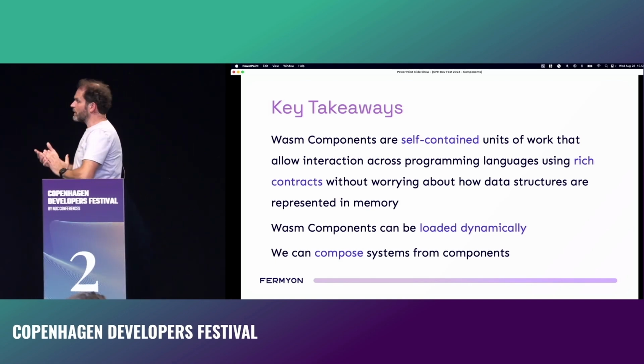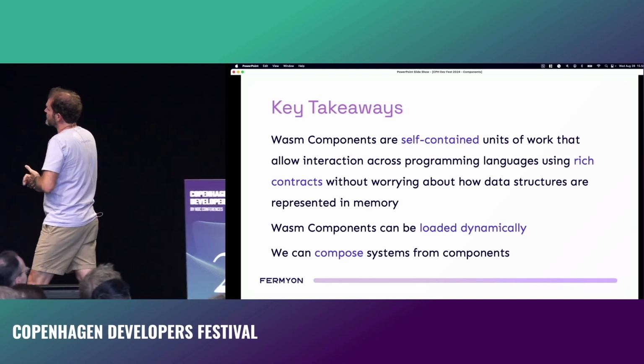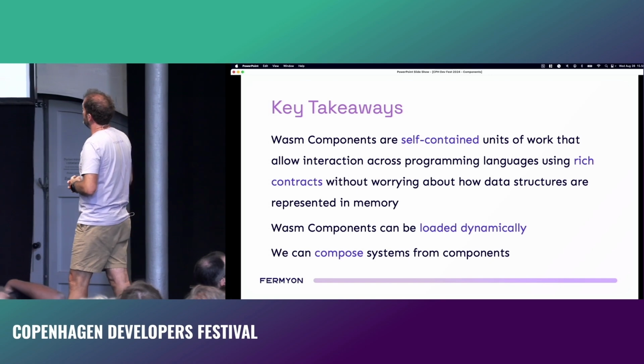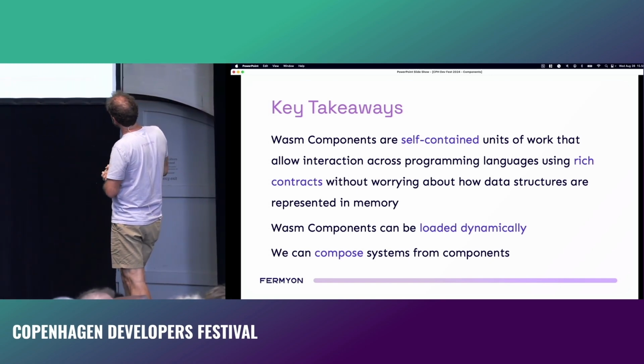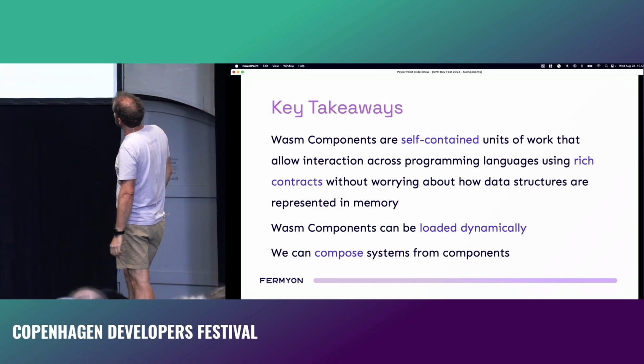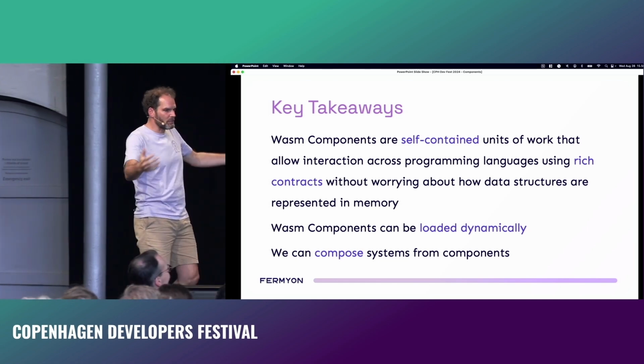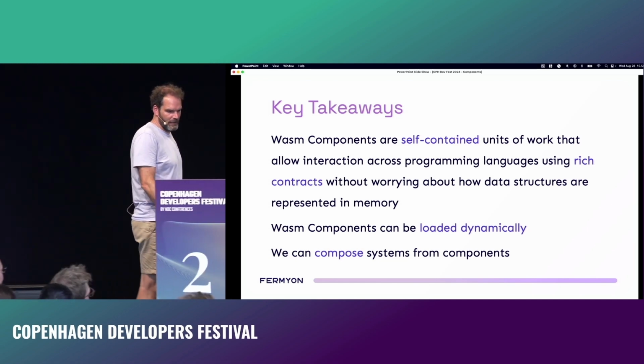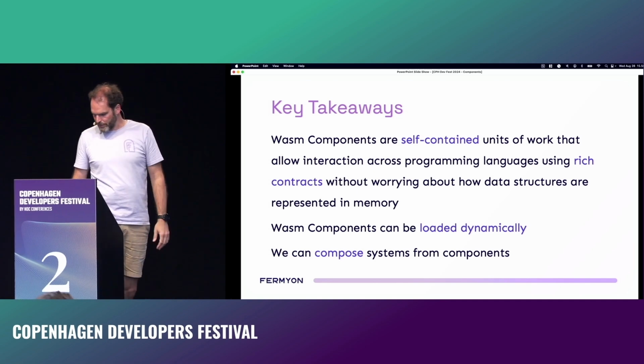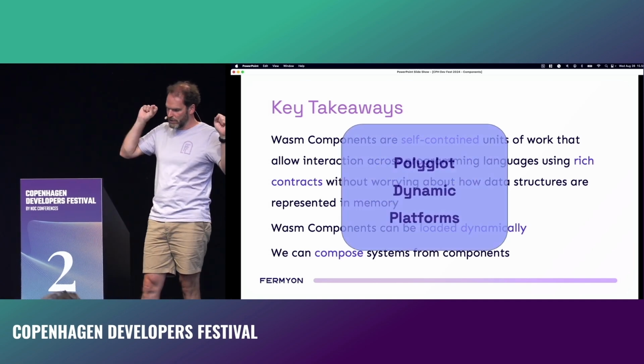So, key takeaway, I believe, from the component stuff is, you have self-contained units of work, they allow interaction across programming languages. We have rich contracts. We can build platforms where things are being loaded dynamically, and we can compose systems from components. And then I have the big